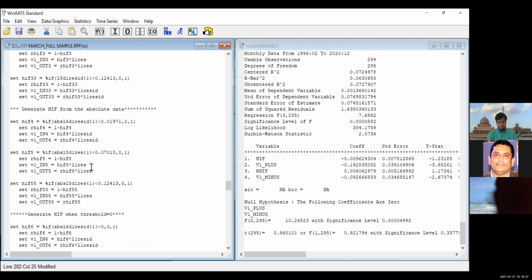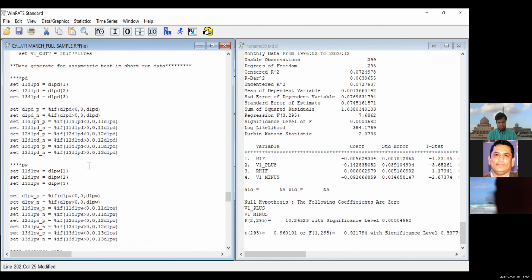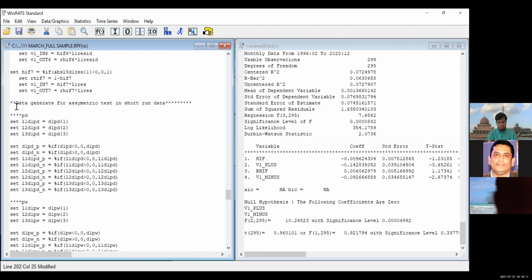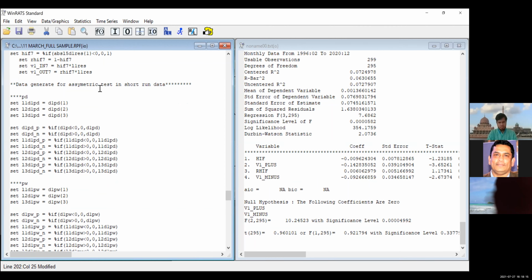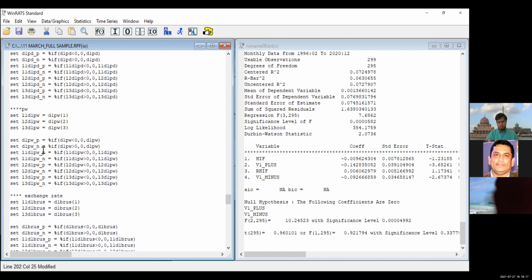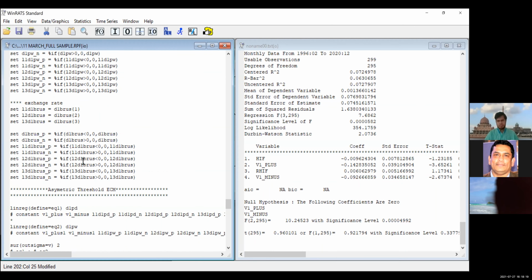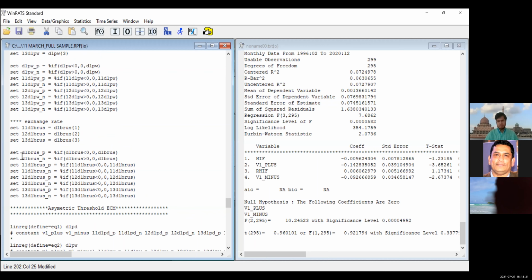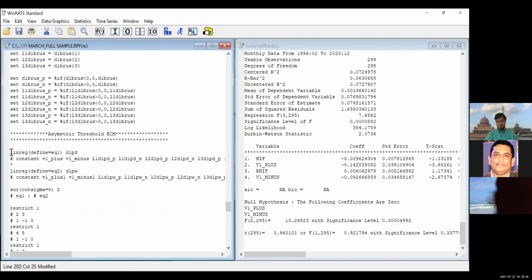and then for the threshold asymmetric error correction model, we create new variables, for example the exchange rate, because we also know that there's also an integrated one, and then run this model. For example, this is